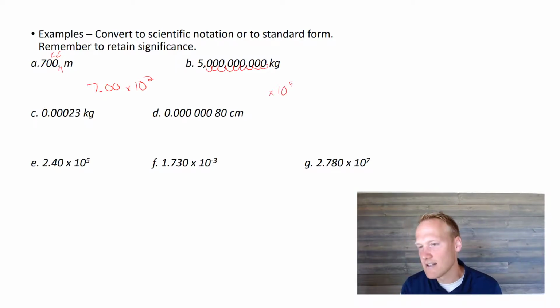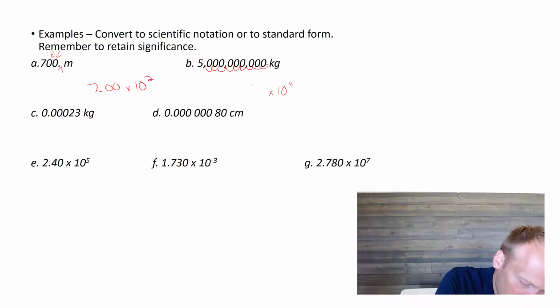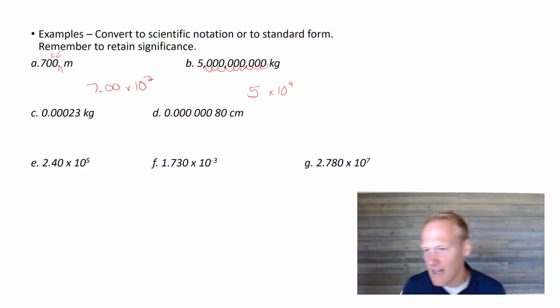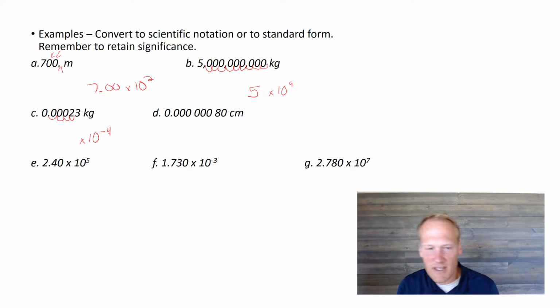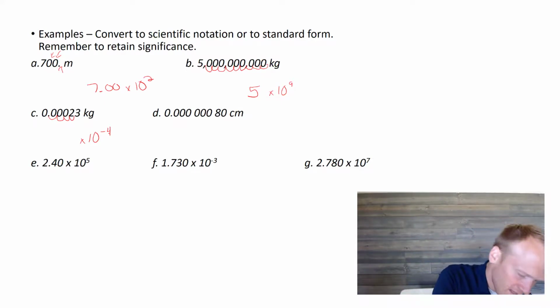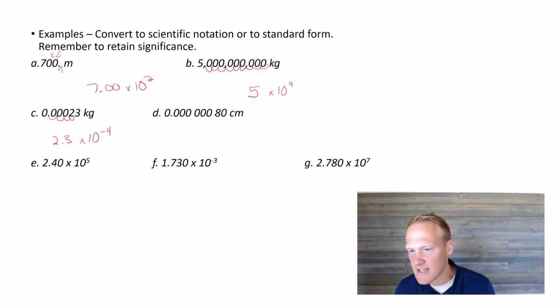Because I moved it 9 decimal places to get to 5. And in this case, I will only need the 5 because it was the only number significant at the beginning. This is a small number. 1, 2, 3, 4. I can already put down this is times 10 to the negative 4. Why negative? Because this is a very, very small number, less than 1. And then I would just simply write 2.3. There were 2 sig figs here, the 2 and the 3, so there needs to be 2 in my scientific